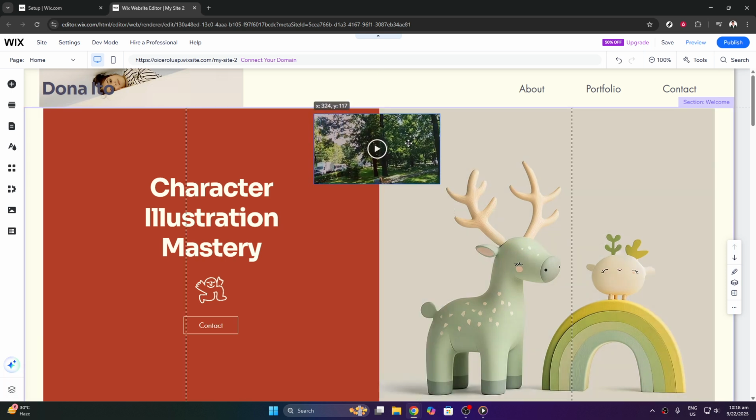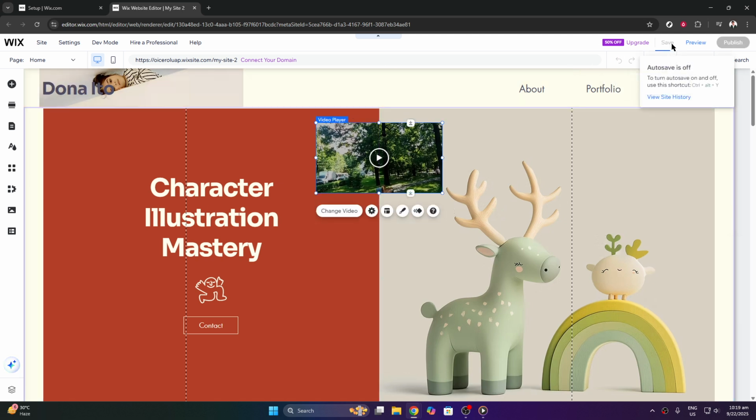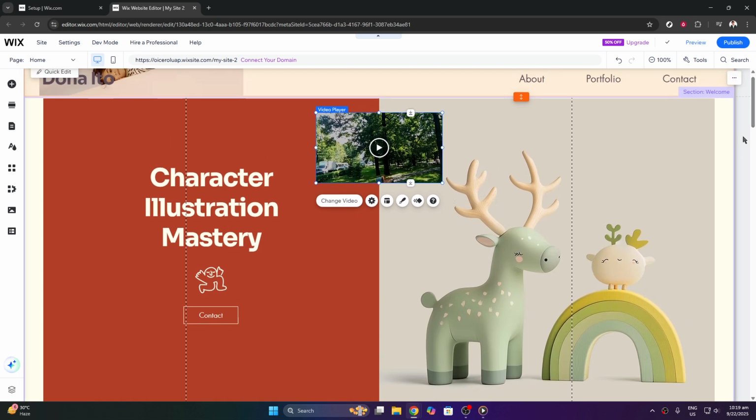Finally, remember to save your changes by clicking Save at the top of the Wix editor. Saving regularly ensures that your hard work isn't lost and that all updates are live on your site. And there you have it, a comprehensive guide to enhancing your Wix website with video content. By following these steps, you're well on your way to creating an engaging, multimedia-rich site that